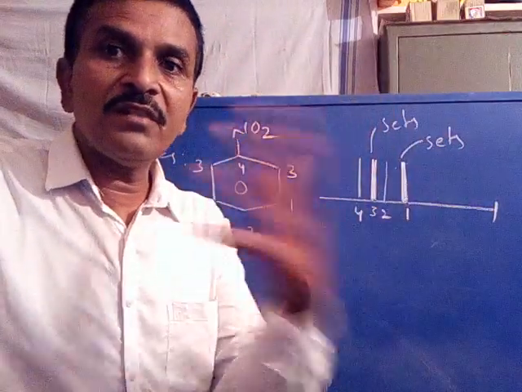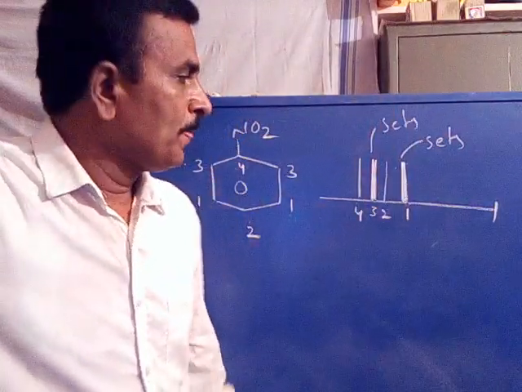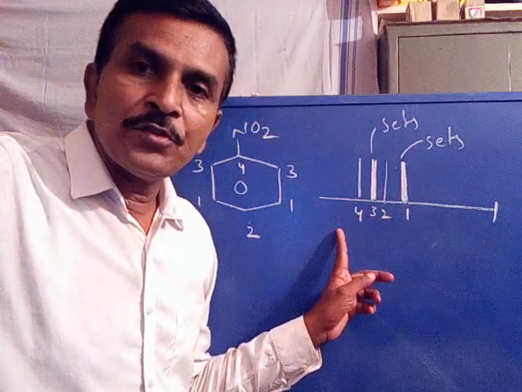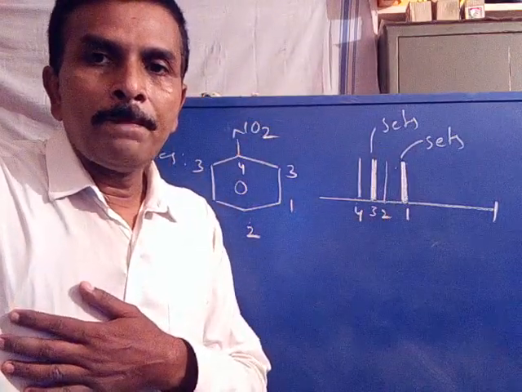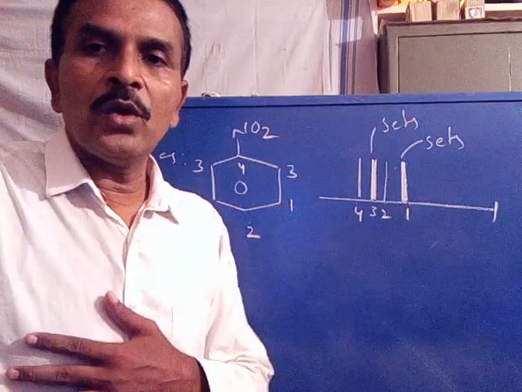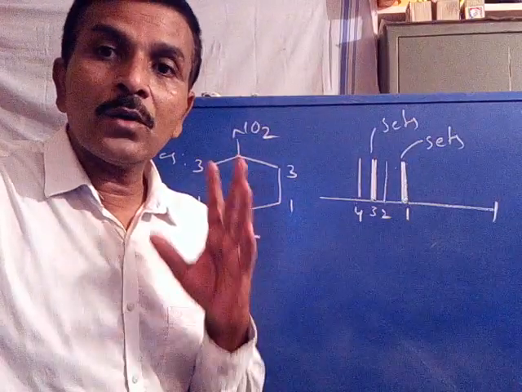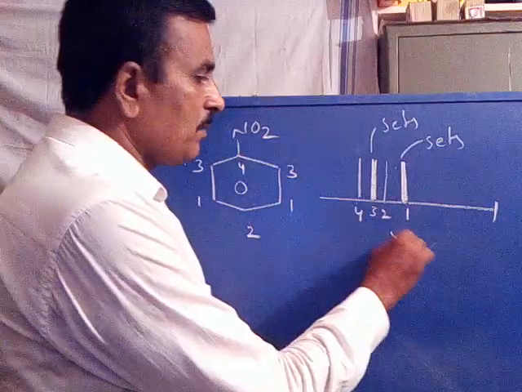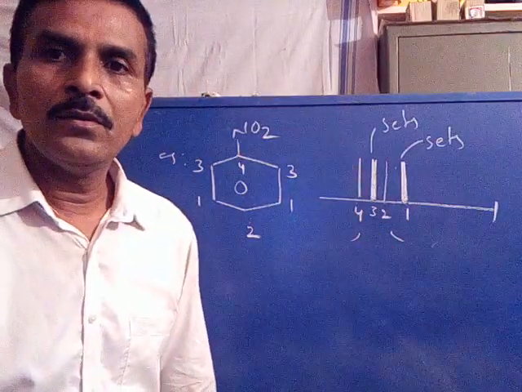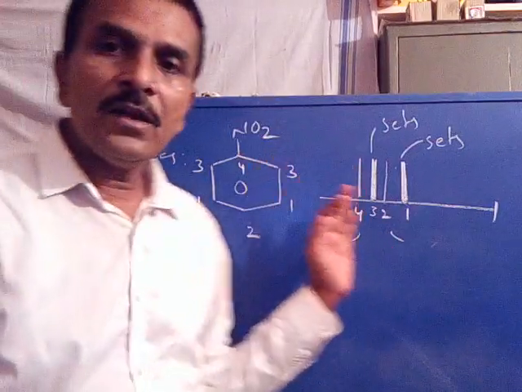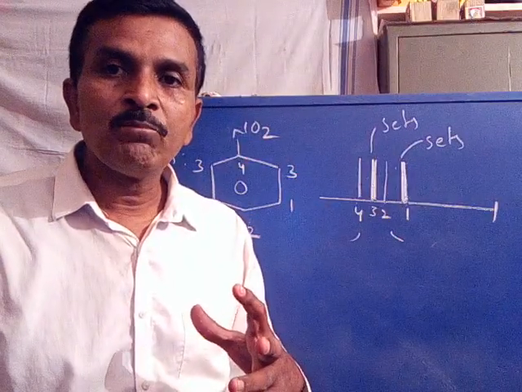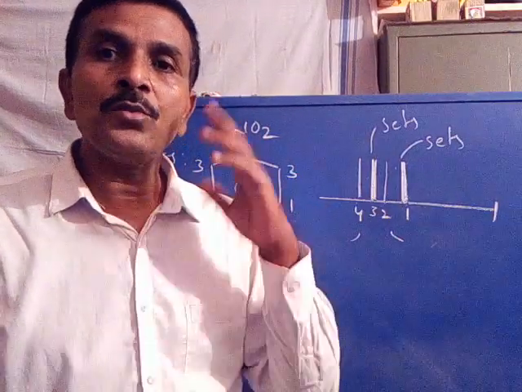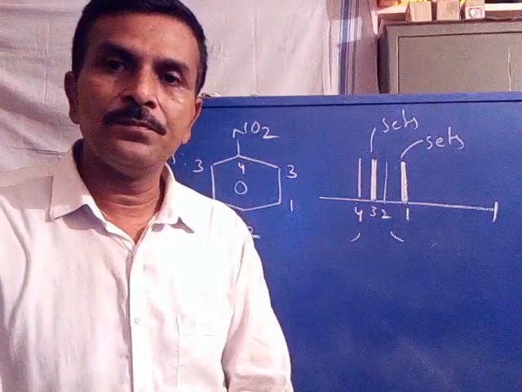There are two sets of equivalent carbons. Now the second signal and fourth signal appearing as a normal line indicated these are two single carbons, not a group. This is one carbon, this is another carbon. So in brief, this spectrum indicated the molecule contains two carbons along with two sets of carbons.